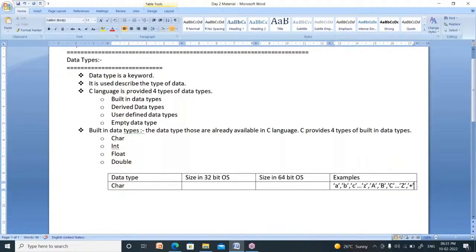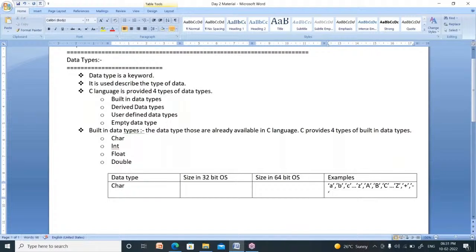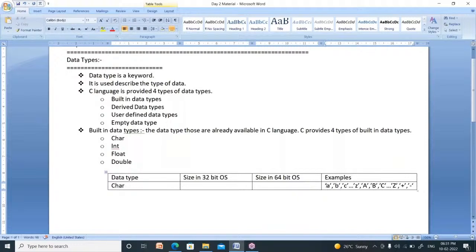It is a special character. Comma, minus symbol is also a character. Multiply symbol, divide symbol, less than symbol, greater than symbol, all are called characters. The data included within single quotation marks is called a character. A, included within single quotation marks, is called a character.